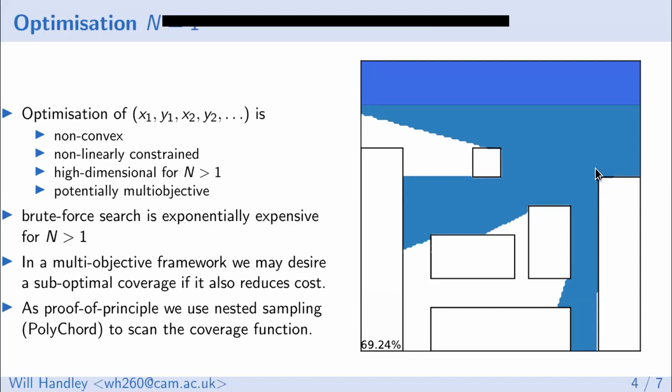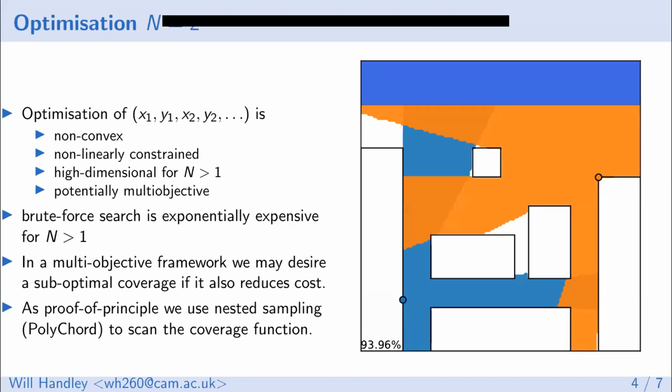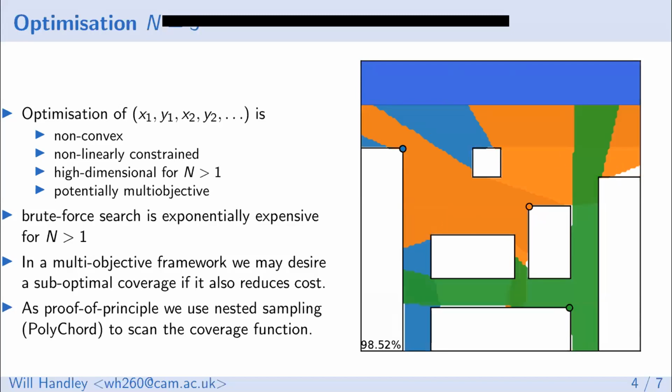And Justin will talk about the fact that in this case, for this single coverage case, you can also solve the problem exactly, and these do tend to agree. N equals 2, you find that you place one sensor in the same location, you get a good coverage here, but in the jump to N equals 3, you find that you actually get quite a big reconfiguration of the system when finding this global optimum.